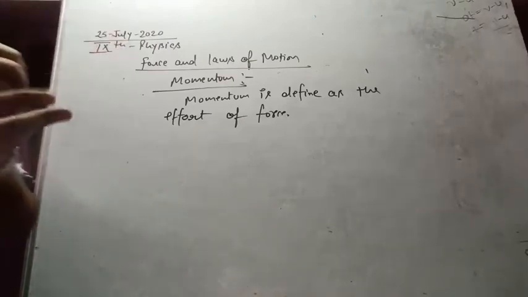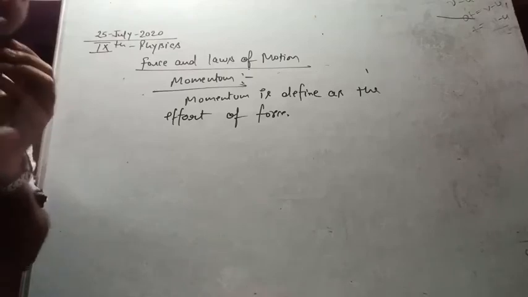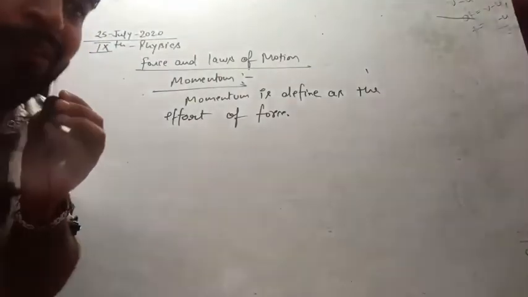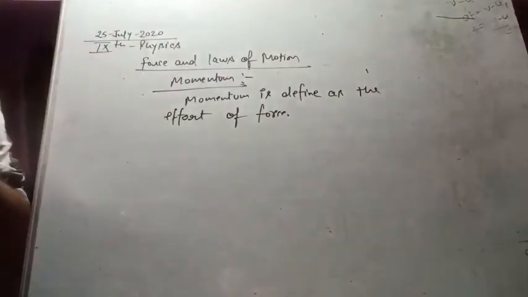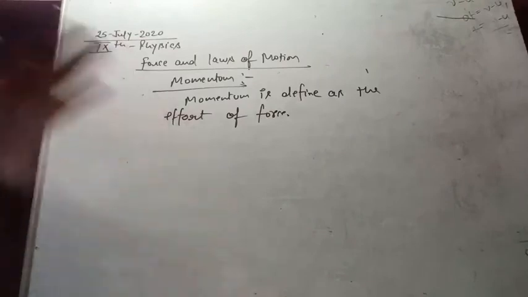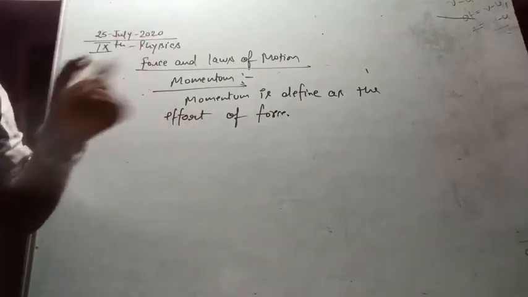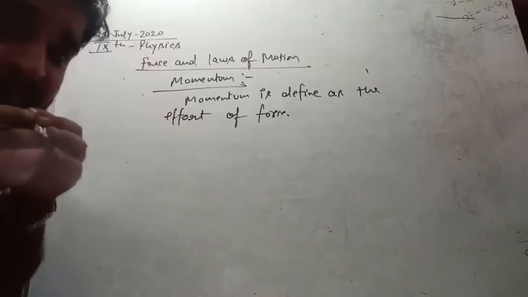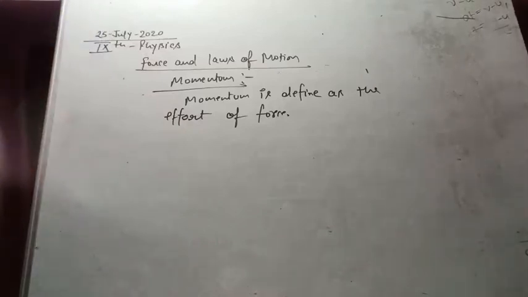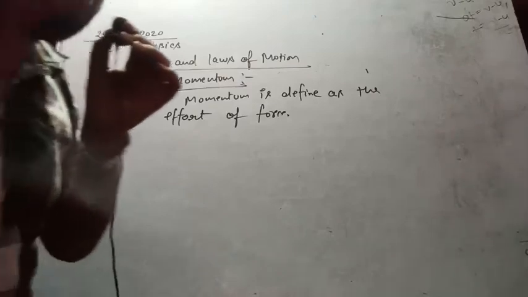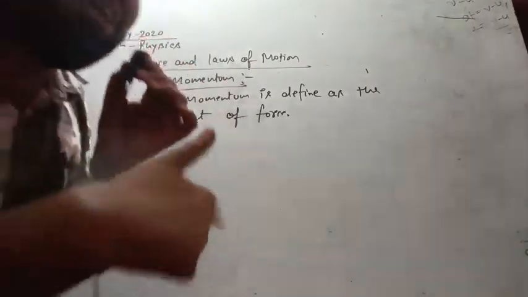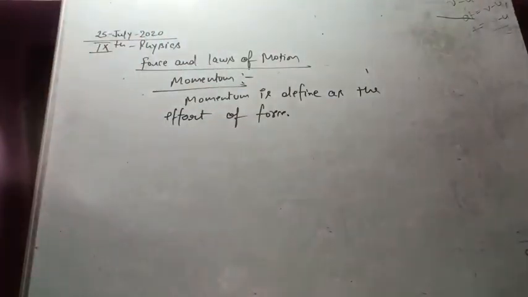Once he bowls after taking the run up, you find that the speed is very high. That's why a fast bowler always takes the run up. What will happen if he does not take the run up? Will he be able to apply this much velocity, this much force? Any fast bowler is able to bowl at least 140 km/h. How is this possible? Because he is taking the stance, he is providing the effort, and when he provides the effort of force, he is able to deliver this much force. A spinner while bowling does not provide this much effort. That's why his ball is much slower.